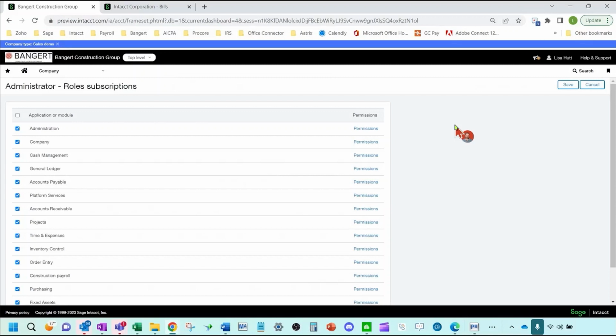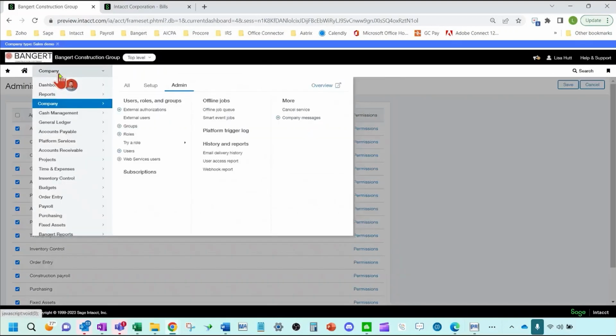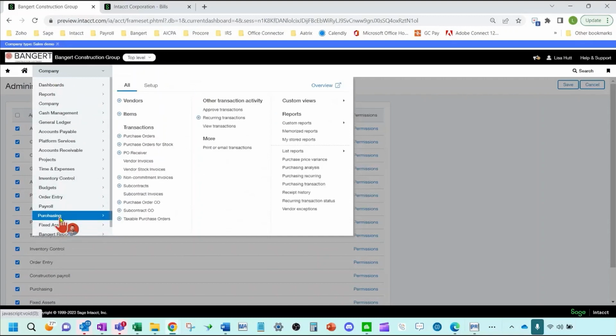So what they did was they expanded that a little bit. For example, we're in as a full business user, but if I go to order entry or purchasing, what they added here was that they now give the employee user the ability to view order entry transactions and purchasing transactions, not do any data entry, but to view them.